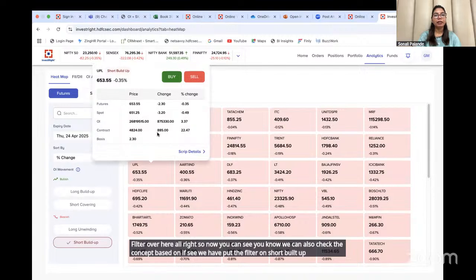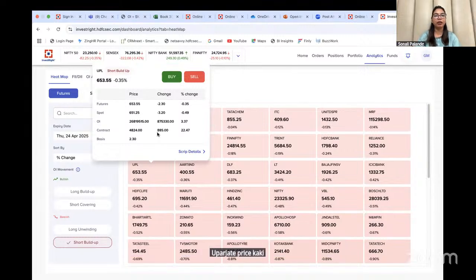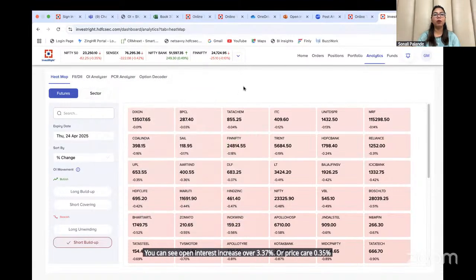Now if we look at these numbers, we have to see if the OI has increased. Short built up में क्या होता है? Open interest ऊपर जाता है, प्राइस का क्या होता है? प्राइस नीचे आता है। You can see ओपन इंटरेस्ट इंक्रीज हुआ है 3.37% और प्राइस 0.35% नीचे आया है। इसका मतलब क्या हुआ कि आपका शॉर्ट बिल्टअप हो रहा है।